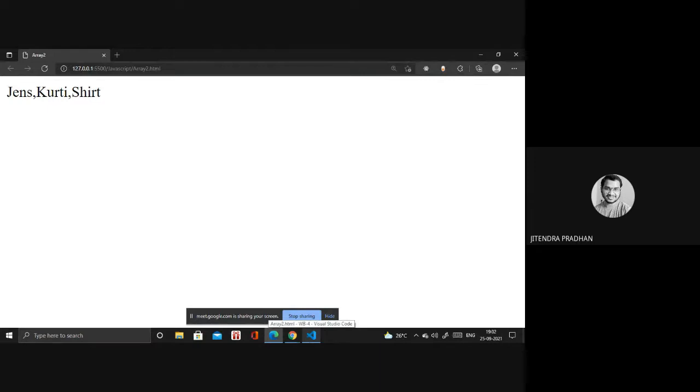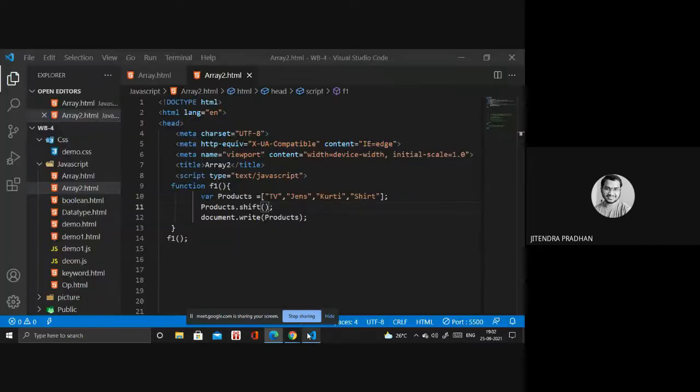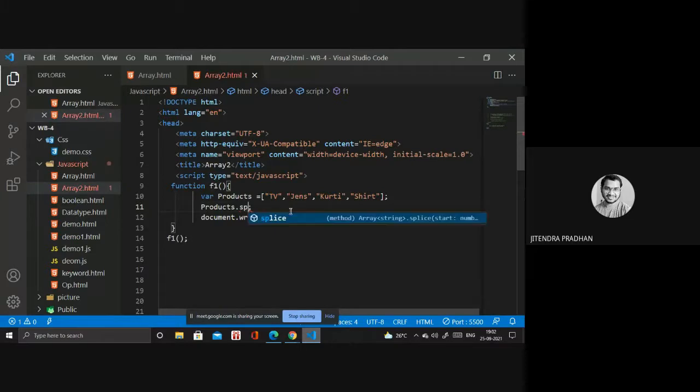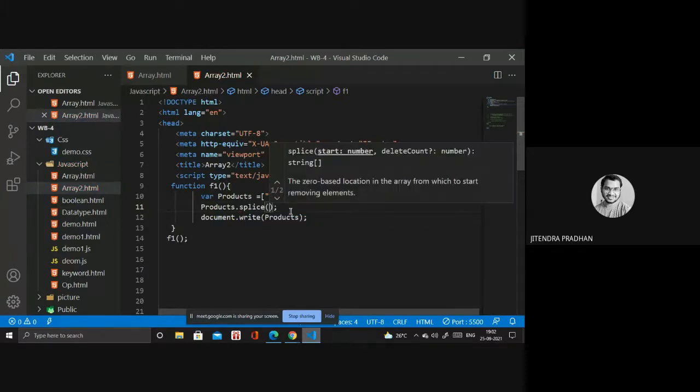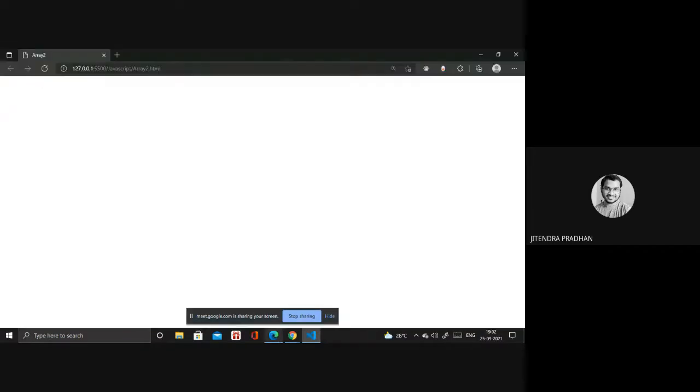Next, we have to discuss how we can remove something in between. So the splice method, same method, we are not using any plugin method. If you want to delete, you have to write the index.